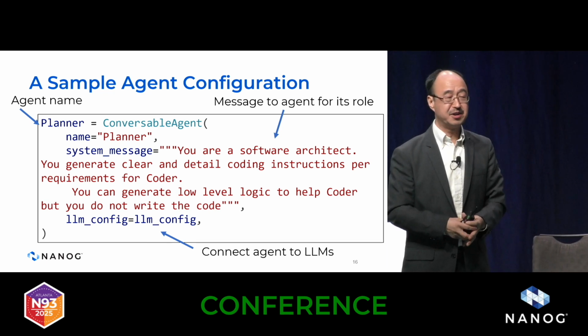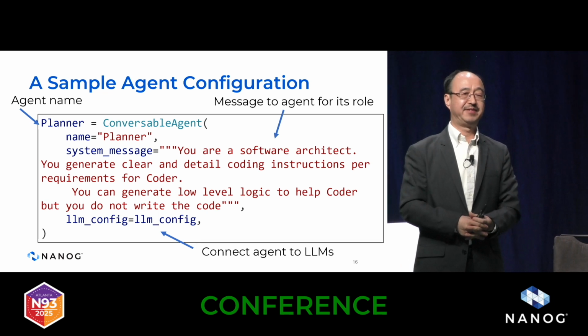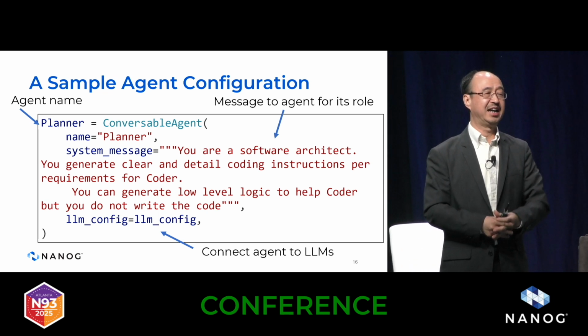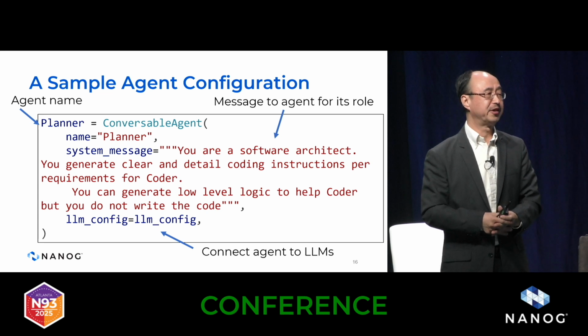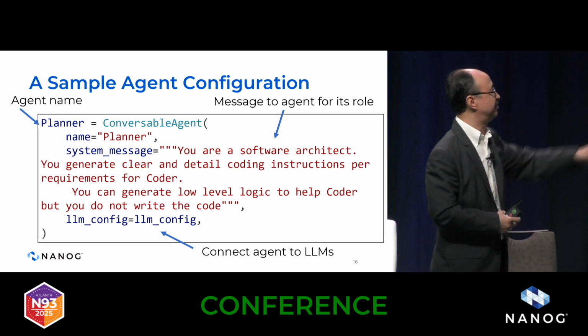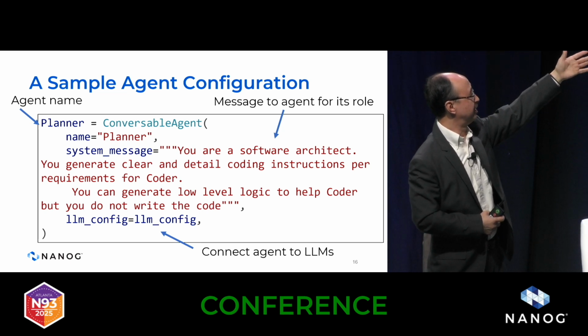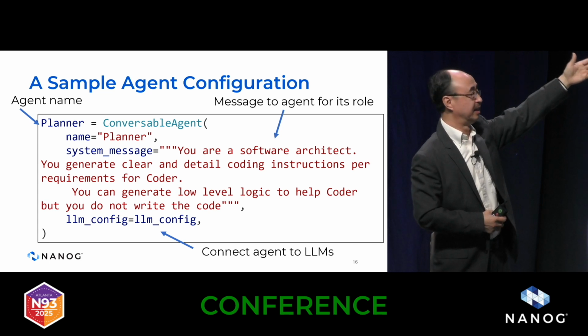Here's a sample example. Because of the framework that's available today, it is quite easy for most people, for network engineers, to start the journey today. Here's a very simple example. You can see I'm defining an agent called Planner. Planner agent,